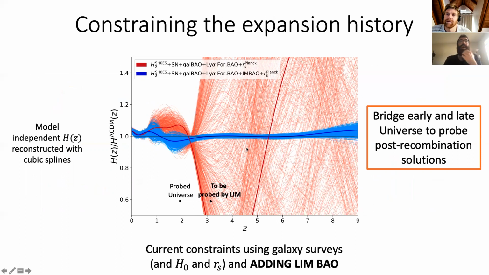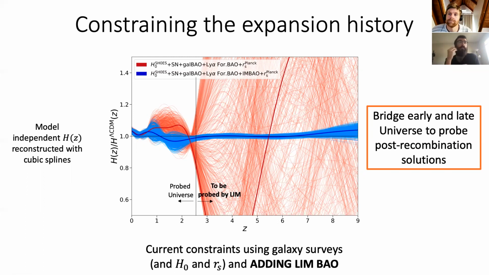Right. However, with our forecast for intensity mapping, we will be able to probe the expansion history of the universe at around the level of 2-5% until redshift 7-8, which will provide a perfect reach in order to link low redshift and high redshift observations. You can add then later to the